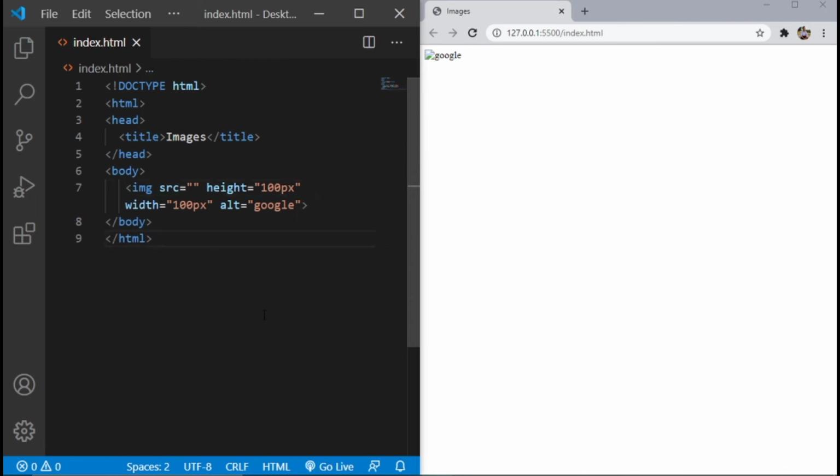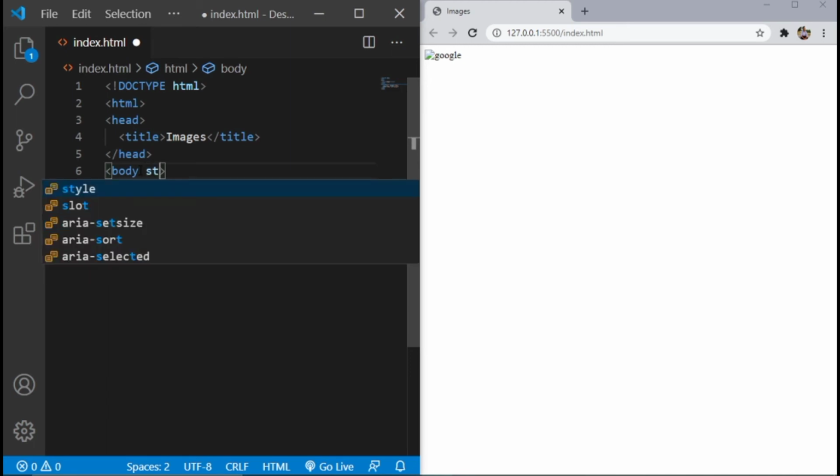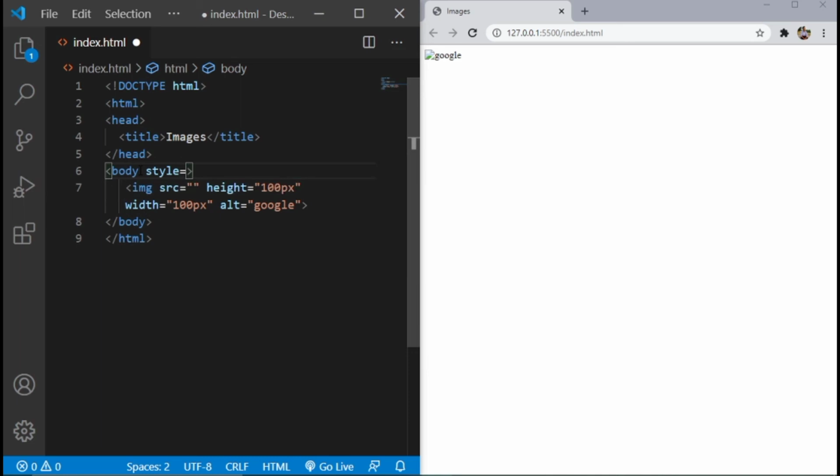If you want to set the background image for the HTML file, then let's see how we can do that. First, inside the body tag, we have to set an attribute called style equal to.